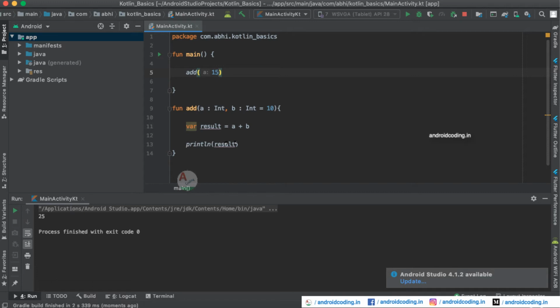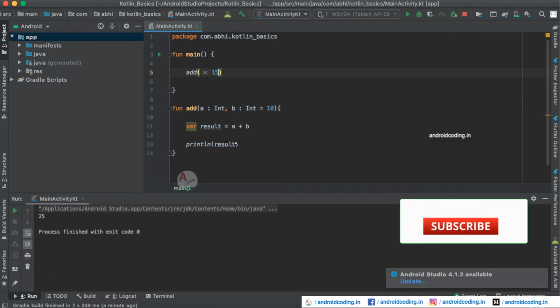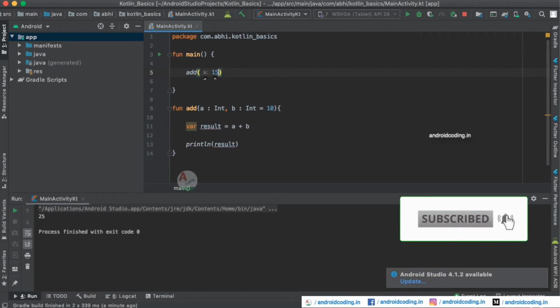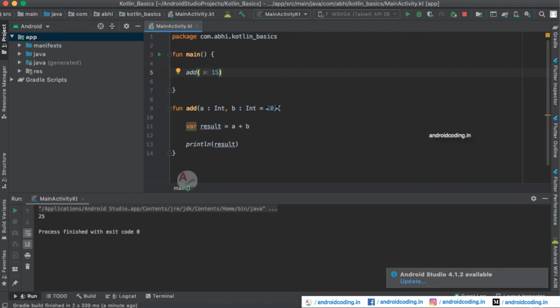So yes, now our program is very small, and you can remember these two variables, and it's not a difficult scenario for you to call the function. But what if you have 10 to 15 parameters to your function, and you are skipping some parameters by using default arguments? So what's the scenario in such a case? It will be confusing, right? So we can just make use of the named arguments concept here.